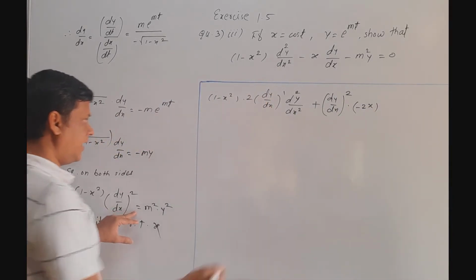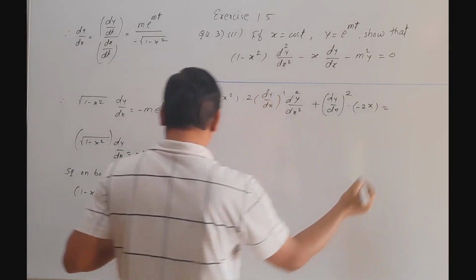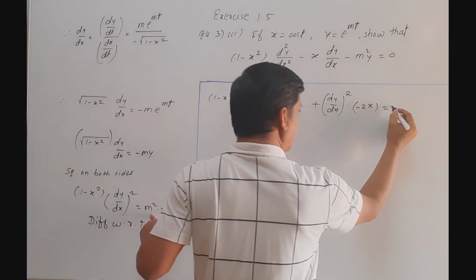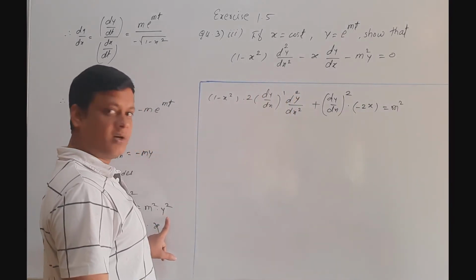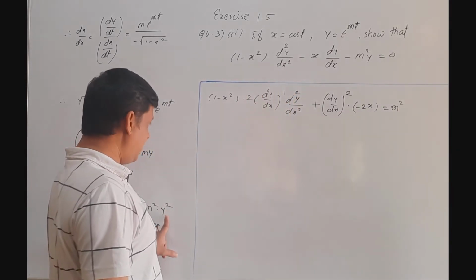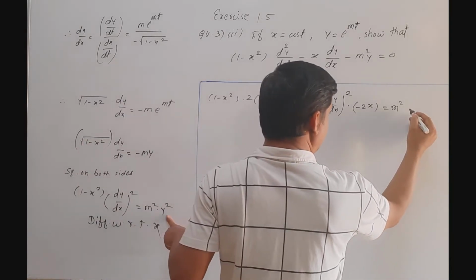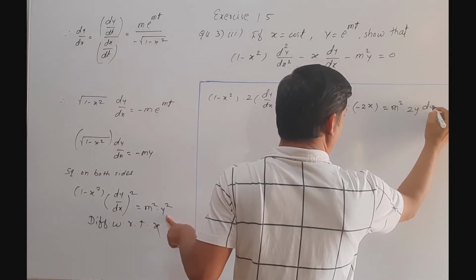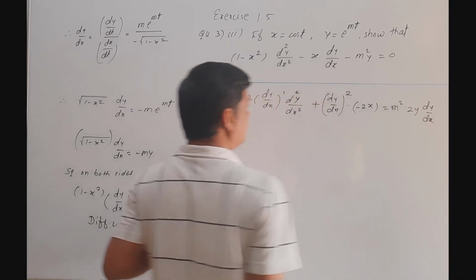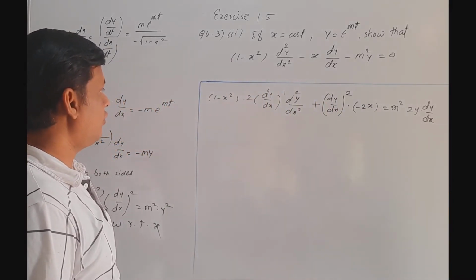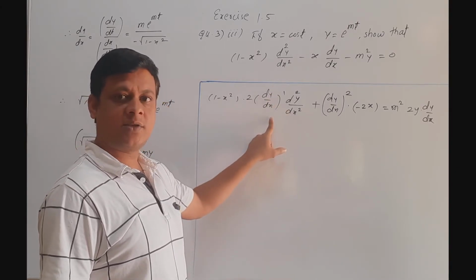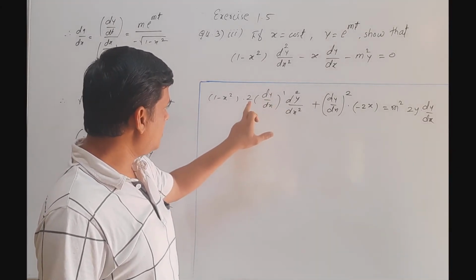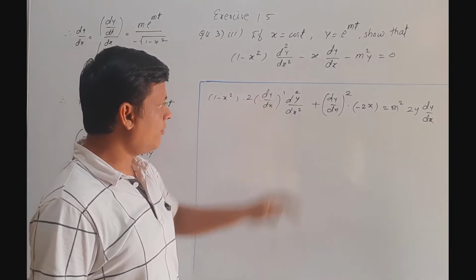Then we find the derivative of the right hand side. Here m square is constant, so m square we keep as it is because this m square is with function y square. Now find derivative of y square with respect to x, that is 2y into dy by dx. Now if you observe, in every term we have dy by dx and 2. So we take this 2 dy by dx common from each term.